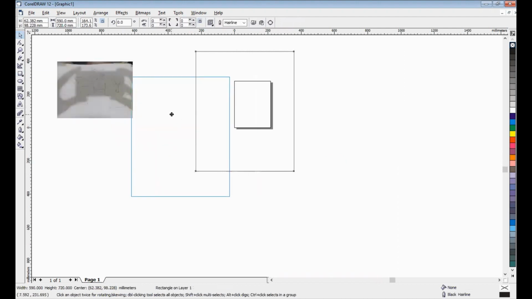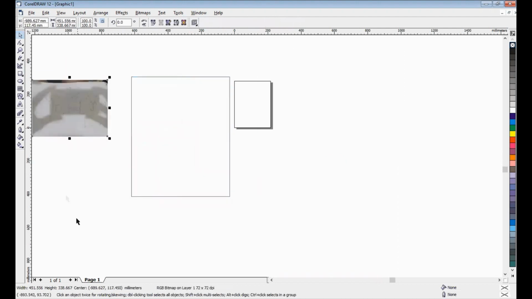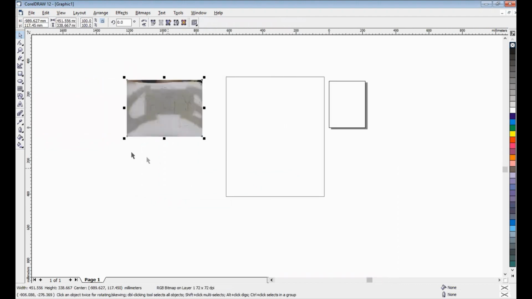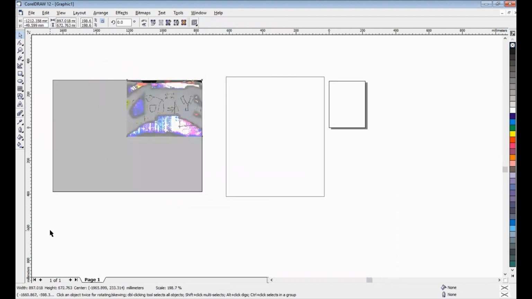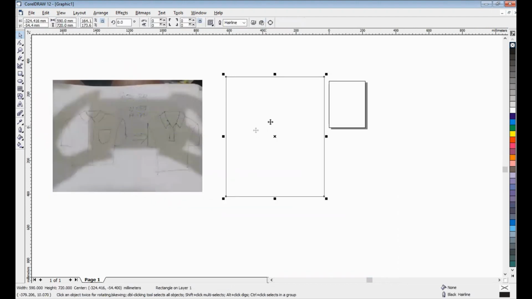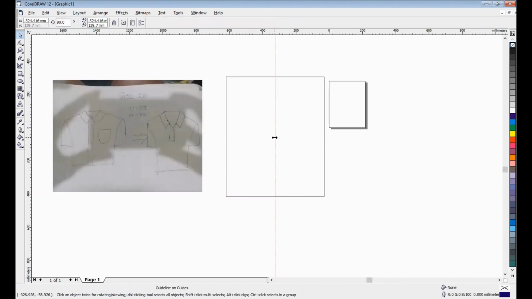Yeah, okay, I will trace that image. I will divide by 2. Okay, divide by 2. This is the center of the illustration. Okay, let's try. I will start from here.